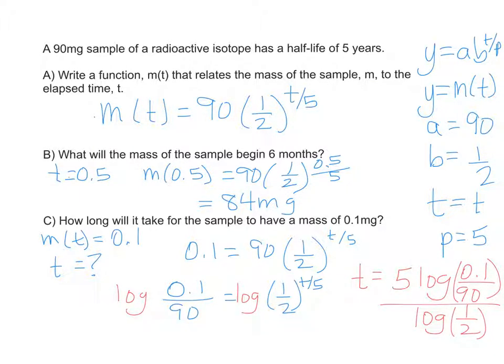Then this I can just put into my calculator. 5 log 0.1 divided by 90 divided by log 1/2. And I get T equals